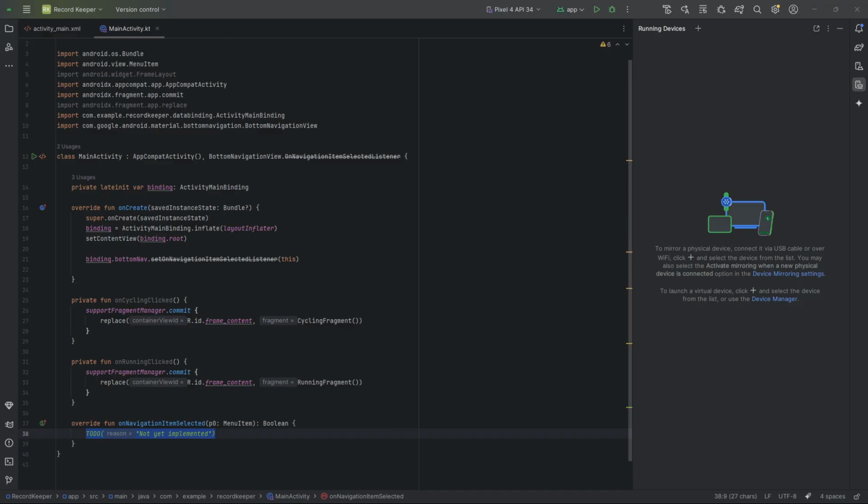Then I'll do the curly brackets as if I'm doing a class, and then I will use the object, so implement members on navigation item selected. You can do this, that's okay to do, but it can start looking a bit messy to me. Of course, the object syntax is a little bit messy. I can use their suggestion to make it into